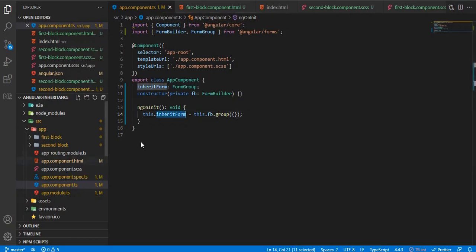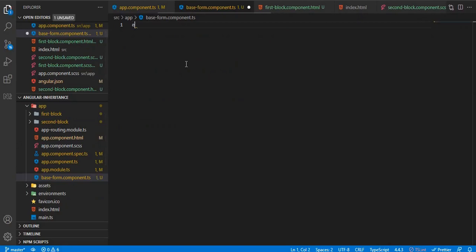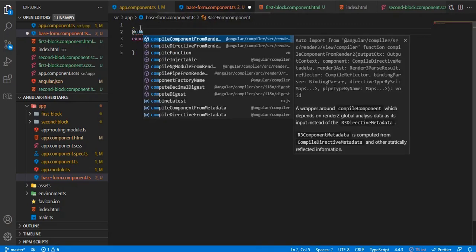Okay, but before that, what we need to do is along with the app component, let's create another component and name it base form component.ts. Okay. So now let's say export class base form component. Now let's give it a decorator of @Component.